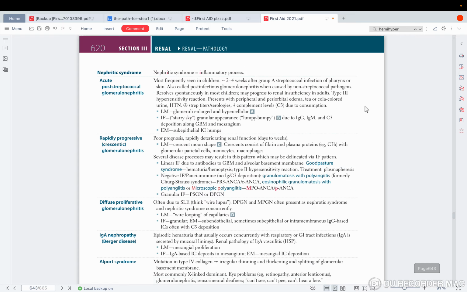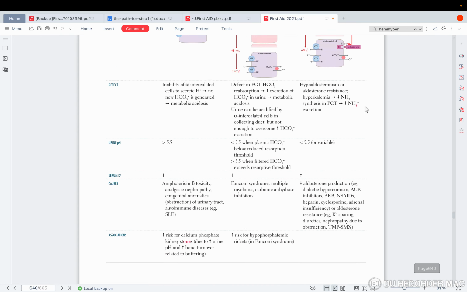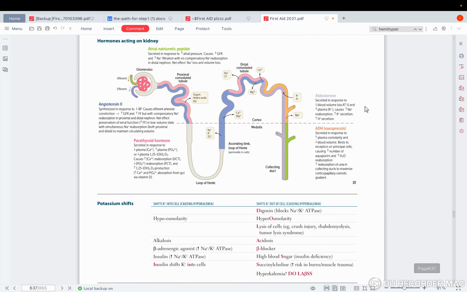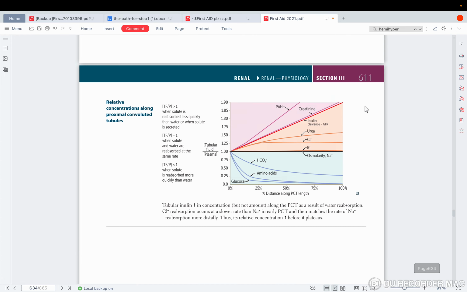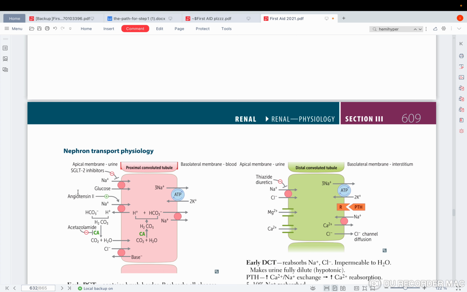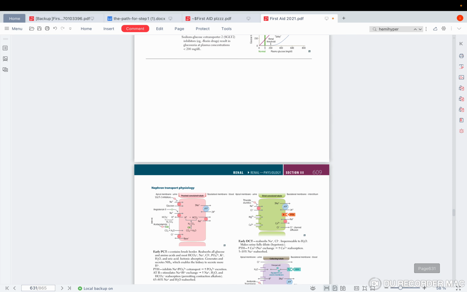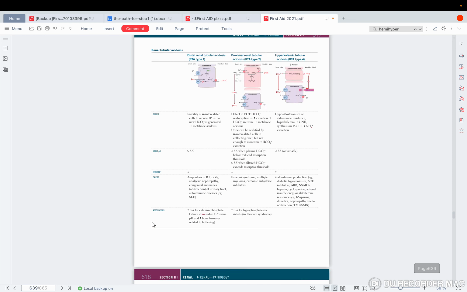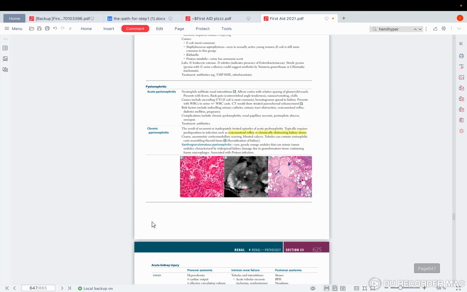Do you remember when we spoke about the picture that I told you is really annoying, but there are a lot of equations that come from it? This is one of the most difficult 10 pictures in the whole book. This is one of them. And there will be angiotensin 2, and that will lead to more reabsorption of sodium from where? From your PCT, proximal convoluted tubule. So here we go to it again.